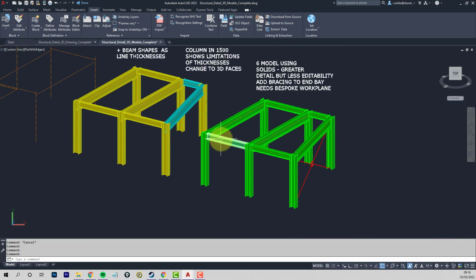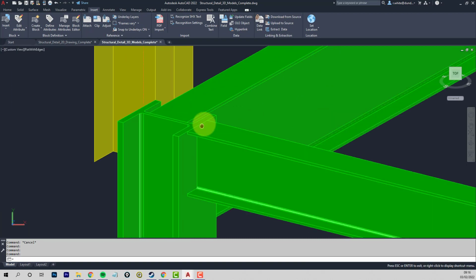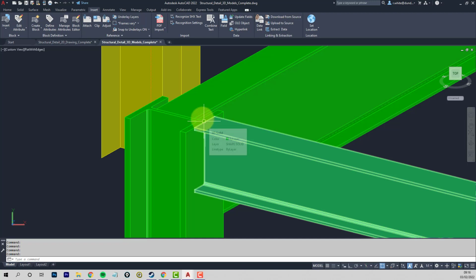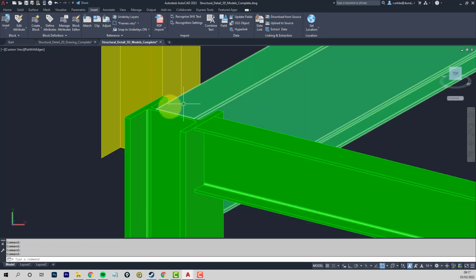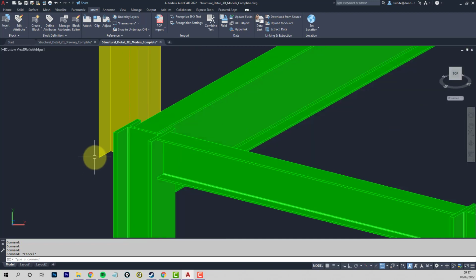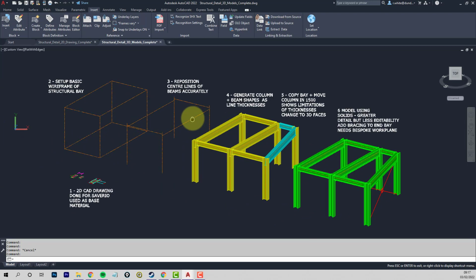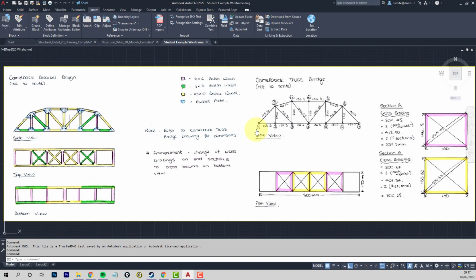Okay, and very quick to model, but way over the top in detail terms, are solid models. But it's knowing about these types of things and when they're appropriate. So there may be situations where you need a solid element to do your analysis on. Other times it might be right back here, just using simple lines. So this is the first thing I'll work through, and then what I'll also do is have a look at